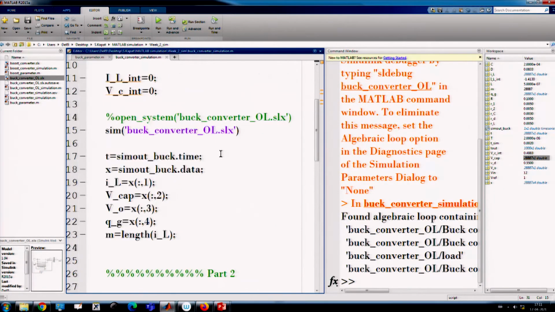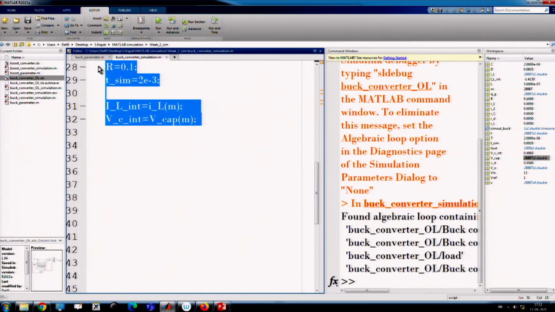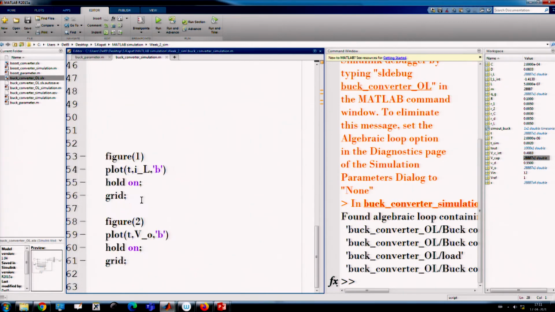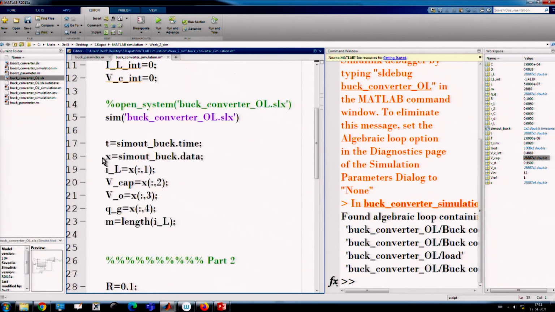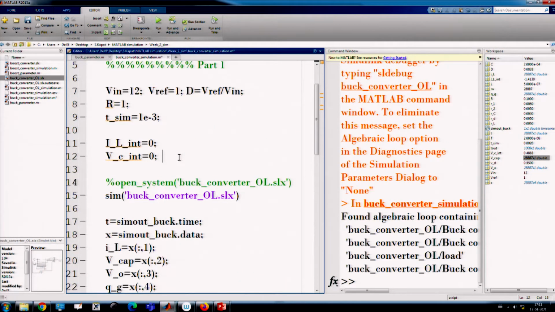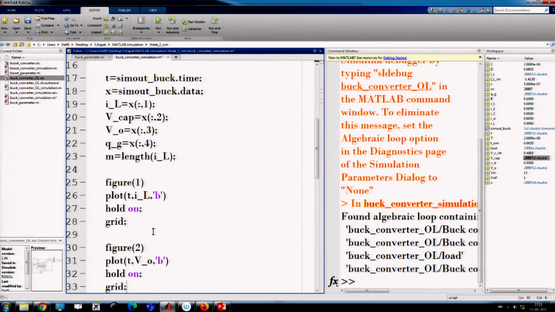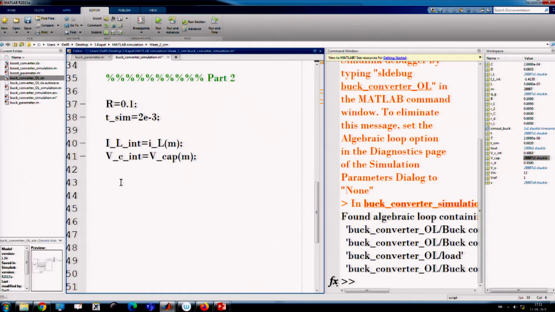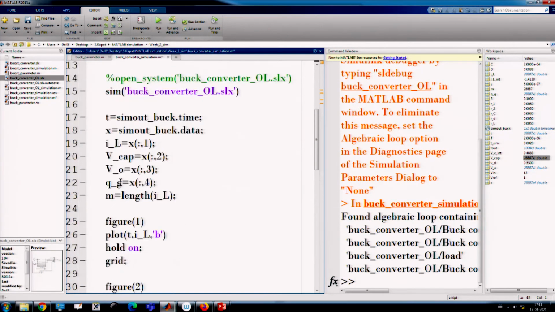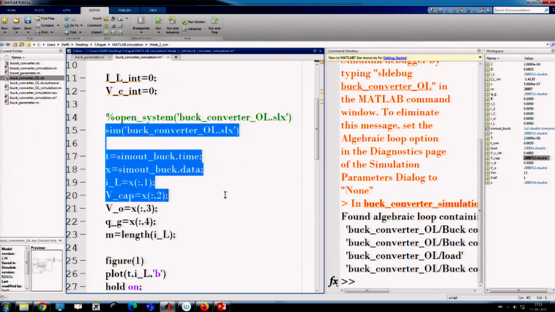Now I want to hold on this waveform. This simulation is created. For part 1, we are running this output voltage, and I am plotting all this and holding the value. Now I am again calling the sim function and doing this exercise.